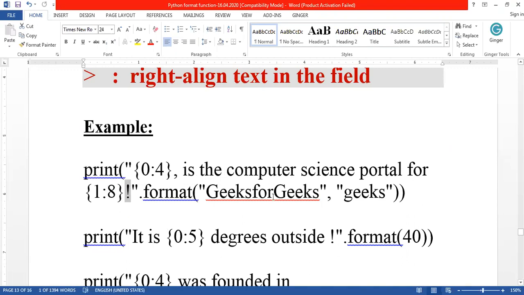So now you got it. In this one, only 4 spaces are given, which means the 4 spaces are filled with the 4 characters, so no empty space will come here. But in this part, 8 spaces are given. Strings are always left aligned, right? So the first space, 0, will occupy G, 1 will occupy E, 2 will occupy E, 3 will occupy K, and 4 will occupy S. 5, 6, 7 will be empty, followed by the exclamation symbol. Normally the strings are left aligned, so it starts from position 0, 1, 2, 3 like that.